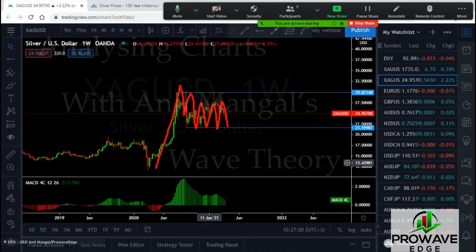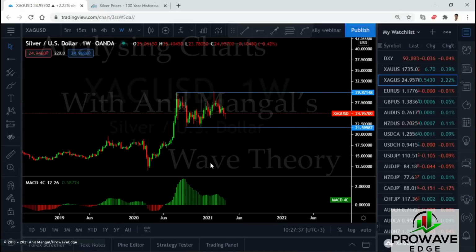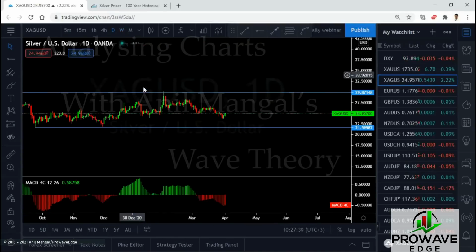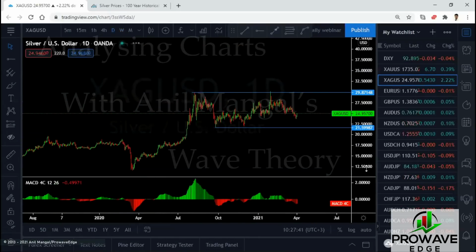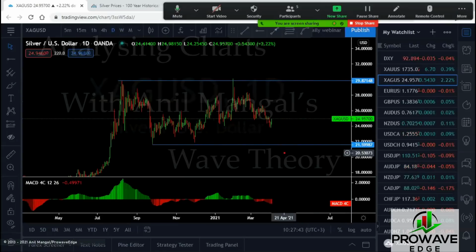This is the bigger correction, and then the next impulse. But inside of this, you're getting exactly the same thing on a lower degree. You get an impulse, consolidation, and an impulse. It means if you go lower inside of this, you're going to see exactly the same thing on each piece of that movement. On each piece of that movement, you will see a sharp move. You will see a slow move and a sharp move, a slow move and a sharp move. And then you're going to get a series of slow moves and sharp moves here.